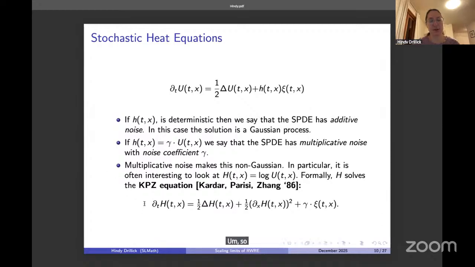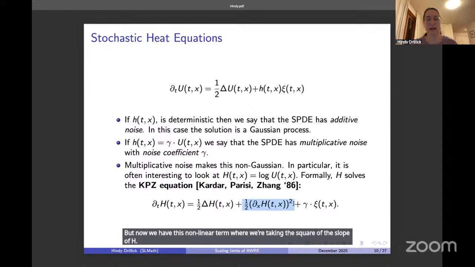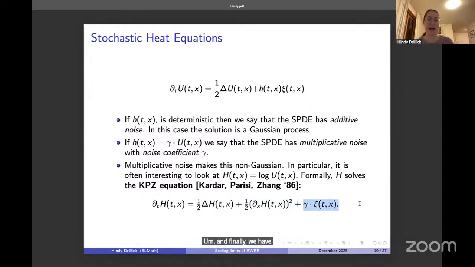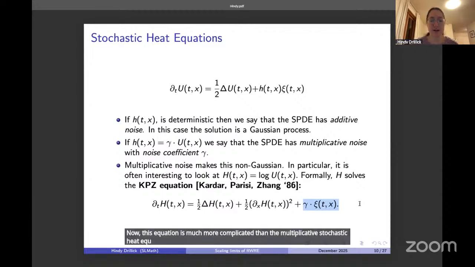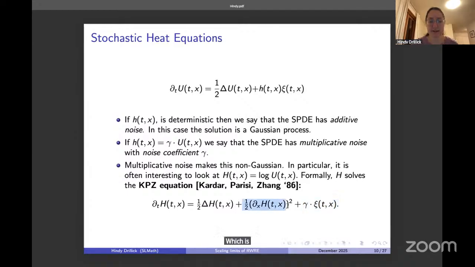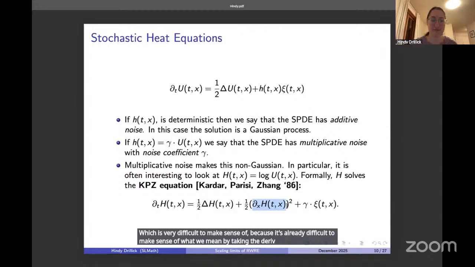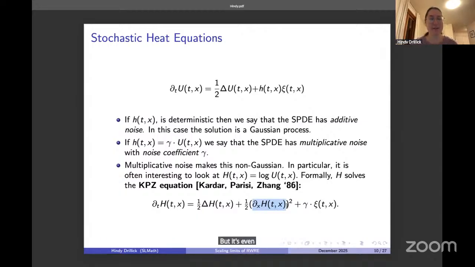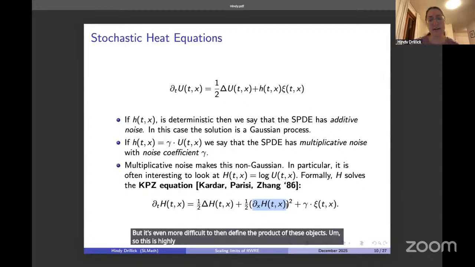So again, we have a heat equation component, but now we have this nonlinear term where we're taking the square of the slope of H. And finally, we have an additive noise term. Now, this equation is much more complicated than the multiplicative stochastic heat equation due to this nonlinear term, which is very difficult to make sense of because it's already difficult to make sense of what we mean by taking the derivative of these rough objects, but it's even more difficult to then define the product of these objects. So this is highly non-trivial, and